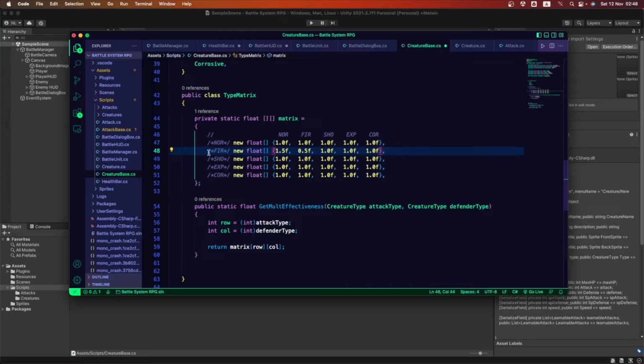And let's say the fire is gonna be doing 1 point against the shock type and against the explosive types, because maybe if we add fire to an explosion, it's gonna be more damaging. We're gonna be setting this one to 1.5, for example. And let's set this one against a corrosive creature to 1.